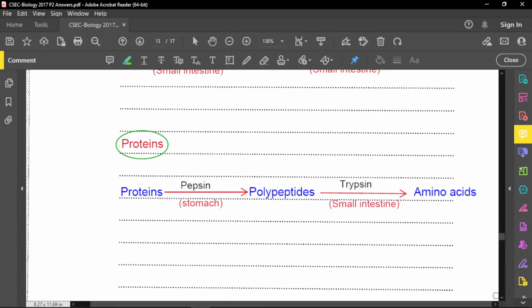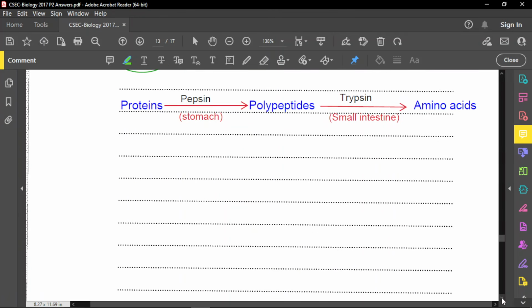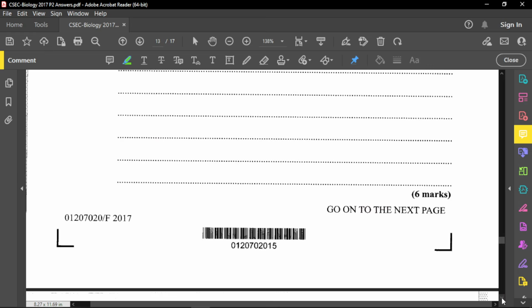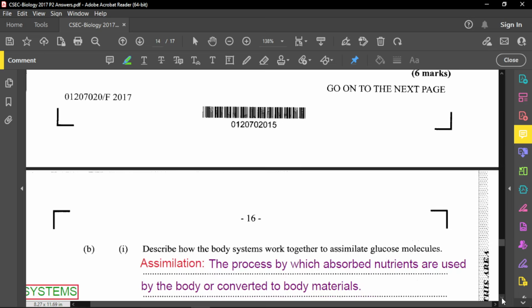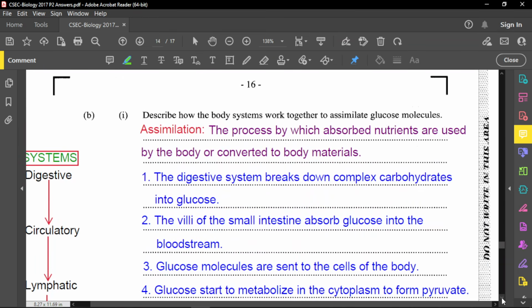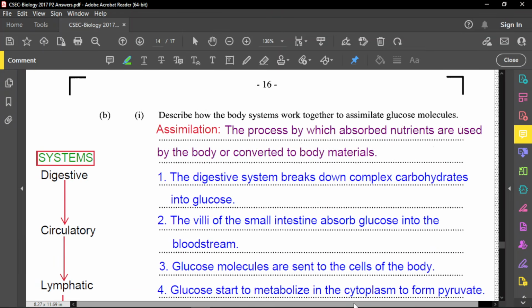All right, so the last thing in each of the reactions will be the end products, and those can be absorbed into the bloodstream or different parts of the body. Of course, fats are absorbed by the lacteal in the villi, not into the bloodstream, just to make a note of that. And so fatty acids will travel into the lymphatic system, not in the circulatory system or in the blood. All right. Now for part B,